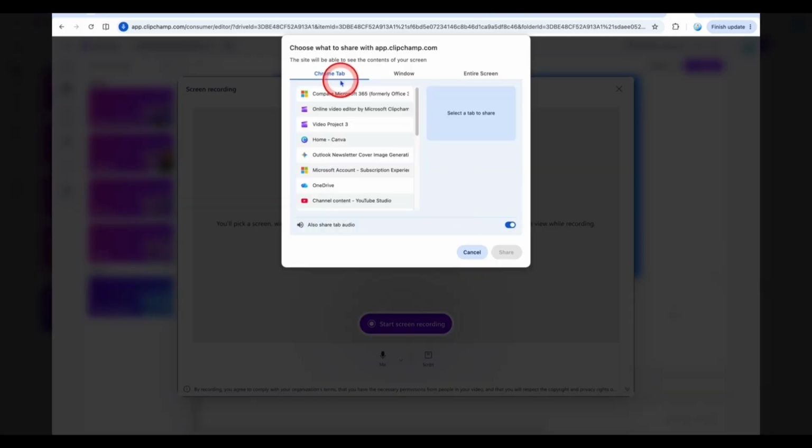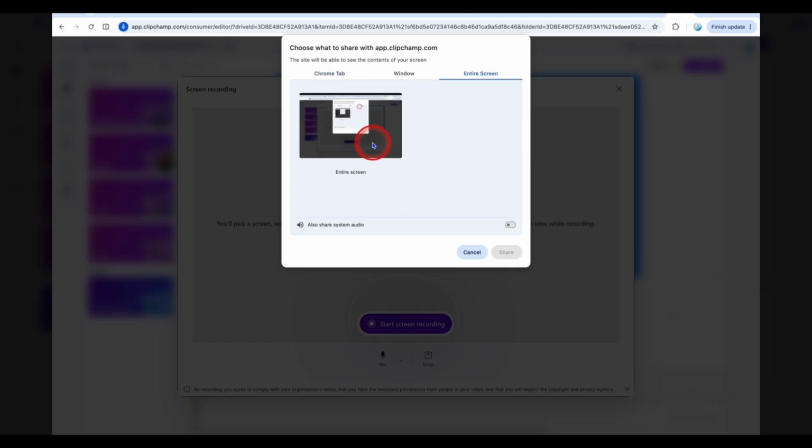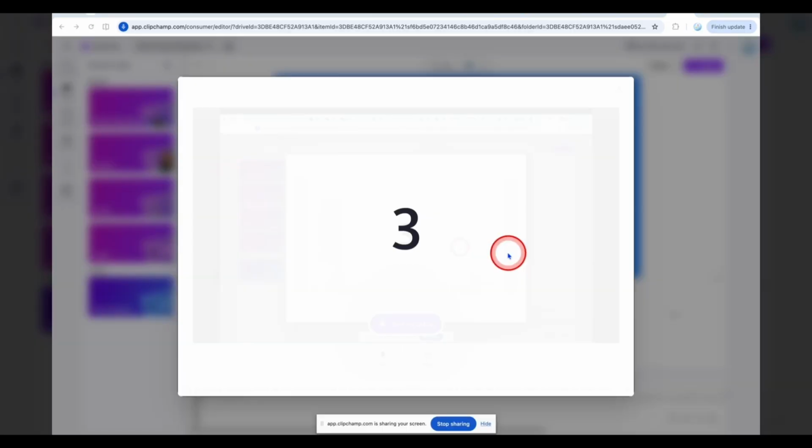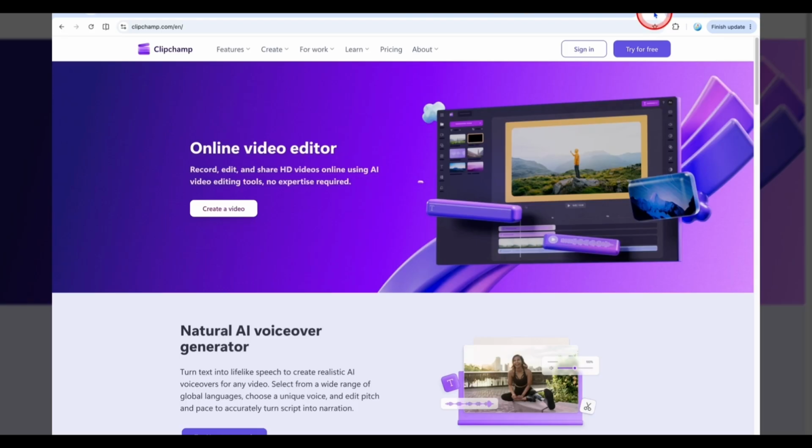There are choices here: Chrome tab, window, entire screen. And you can just click here. I will choose entire screen. I can click it and then share. Now I am recording. So say for instance, this one.